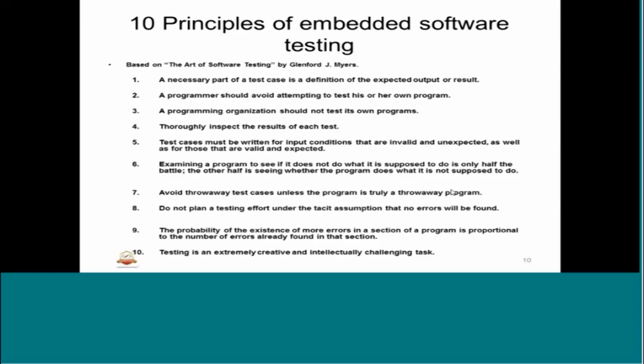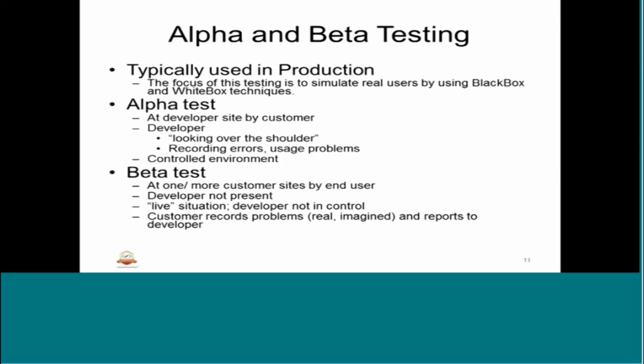So that is about the 10 principles of embedded software testing. We have alpha and beta testing. This need not be part of embedded software testing, but it is used in some production environments, especially on the application side. But I've heard that alpha and beta testing are also used in some embedded systems production environments. So just to understand what it is,